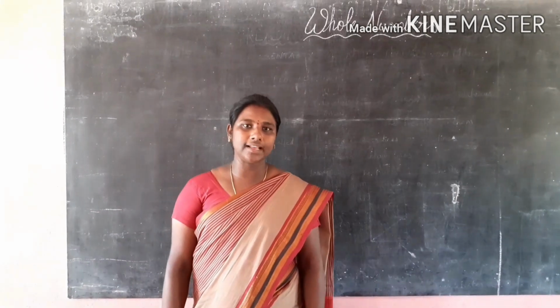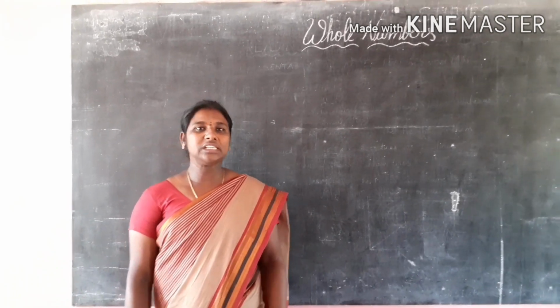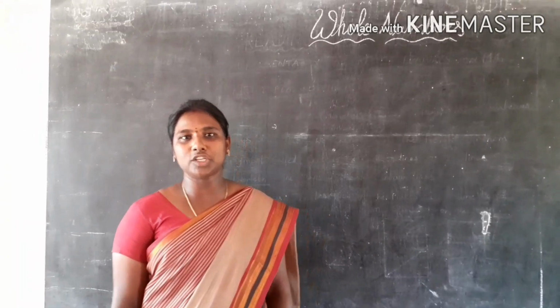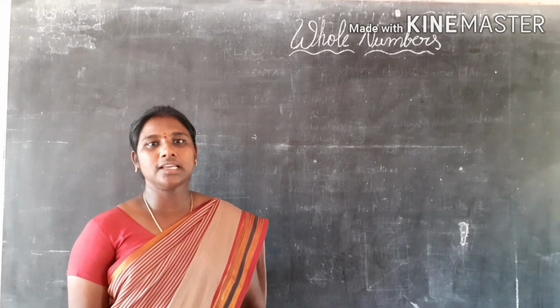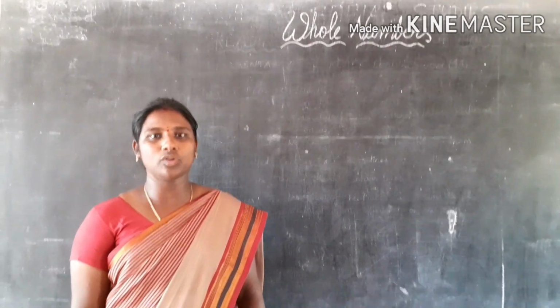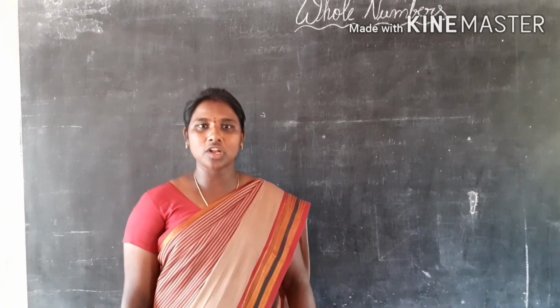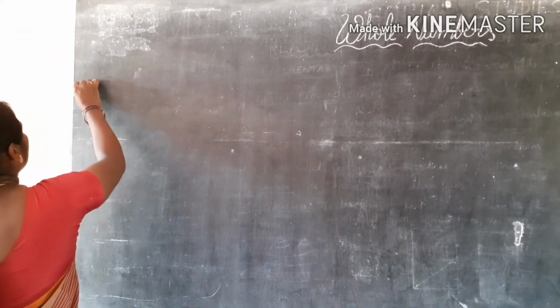In previous classes we learned about natural numbers and whole numbers, representation of whole numbers on the number line, addition of whole numbers and subtraction of whole numbers on the number line. Today we are going to discuss how we do multiplication on the number line and how we do division on the number line. Our first topic is multiplication of